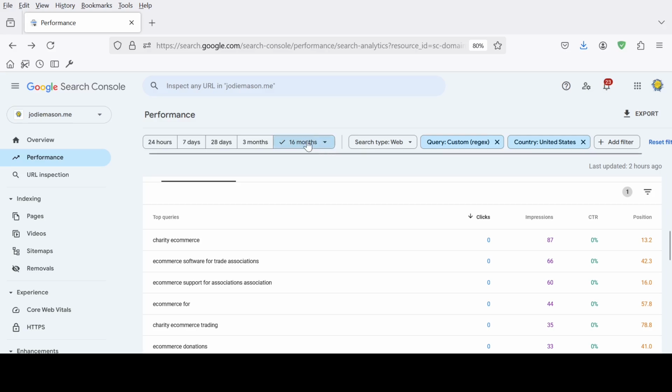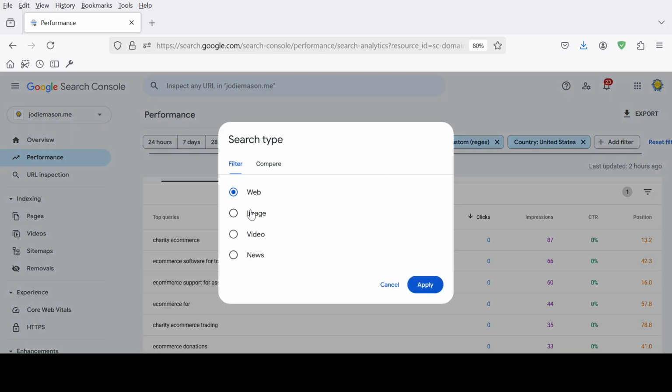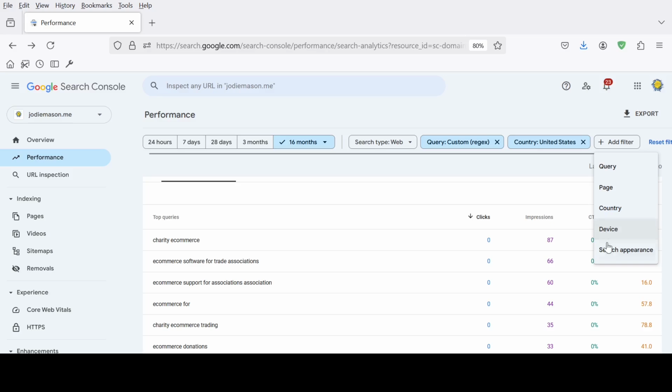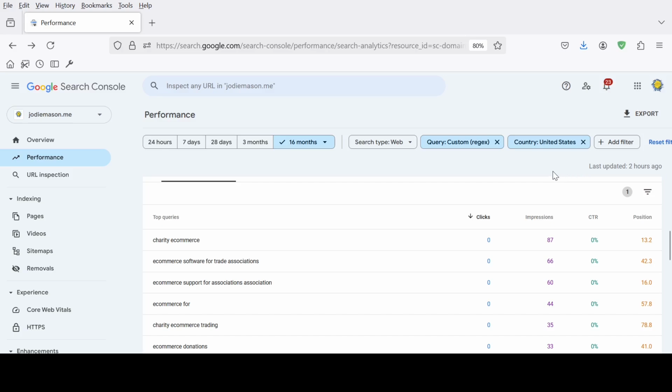So you want to have your time frame. You want to see if you have a specific place in the search. So you can be web, image, video, or news. Then you can apply those filters, and then you can compare. You can compare web versus image if you want to, and then you have your country filter, and you can add more filters up at the top if you wish. You can segment by device or even page. I'm not going to do that right now because this video is kind of getting long, but again,